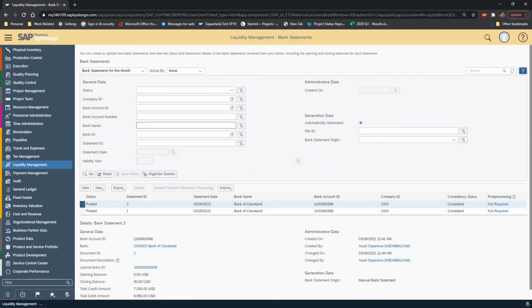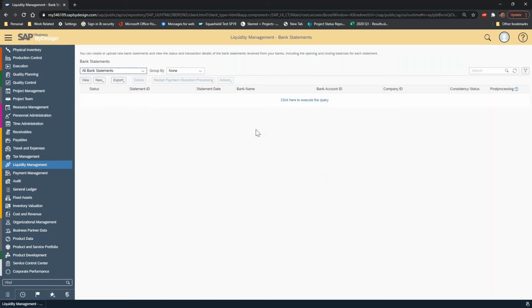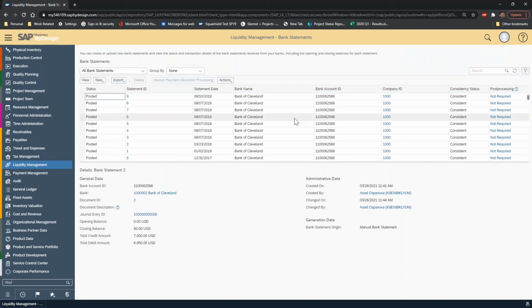So if you're responsible for certain banks, certain companies, you could filter on that information, because this list is going to grow significantly, especially if you have multiple banks, multiple companies, and you're doing a daily bank reconciliation. So for example, if I were to invoke all my bank statements, I can go down and I can literally see all of the postings that have happened. And every bank